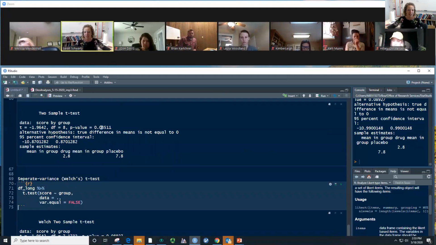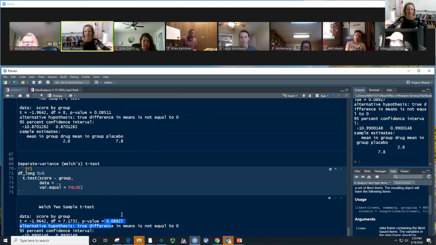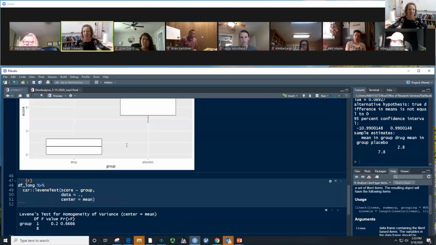Now in this case, here is the correctly run 2-sample pooled variance t-test. Look at its p-value, 0.085. If I did Welch's separate variance test, look at its p-value. How different are these p-values? They're not that much different from each other. If your spread is really close to being the same, then these two will be very close to each other. If you had one group that had a lot more spread than the other, like for instance,